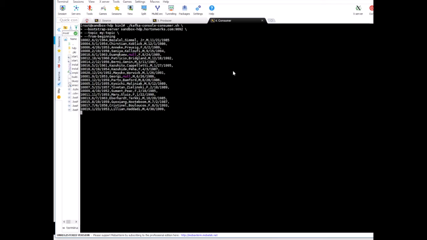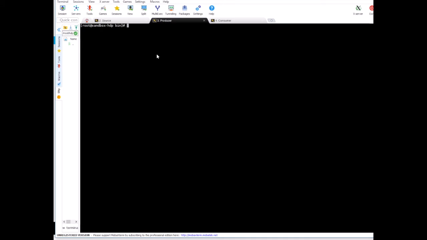Now let's simulate a real-time streaming data source, and you will see new records coming in here. So let's start the producer now, and this time instead of the cat command we'll use the tail command to create the real-time streaming data source. So we'll say tail -f -n 1 on the employees file in the root directory, and then we'll say Kafka console producer